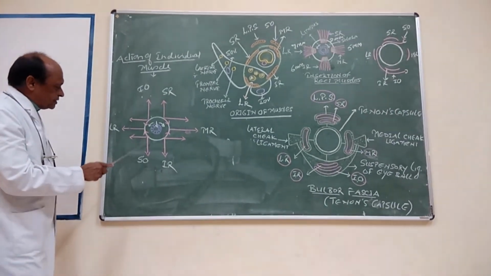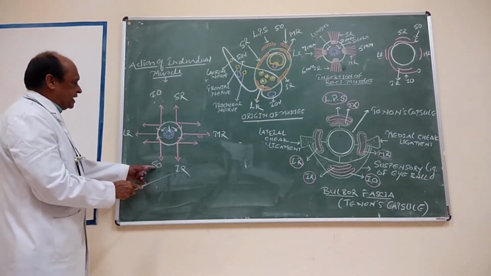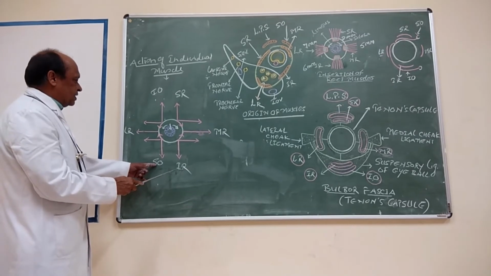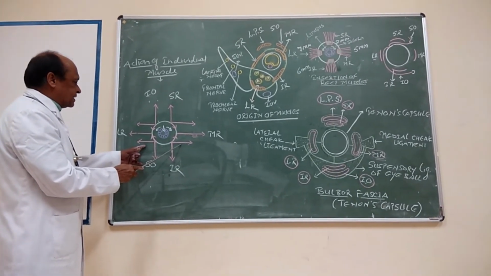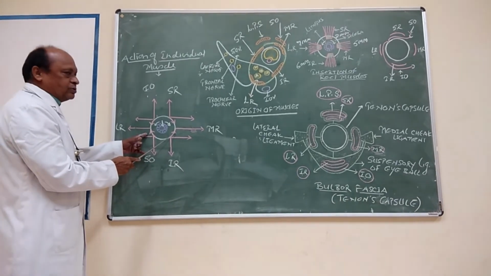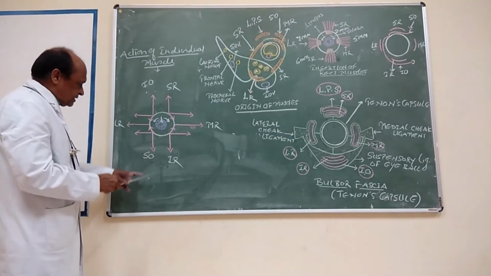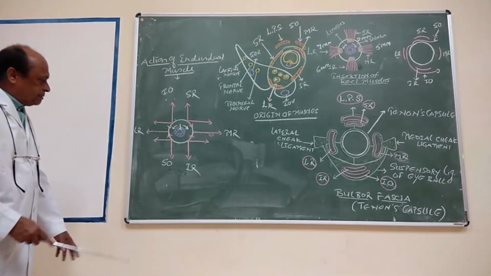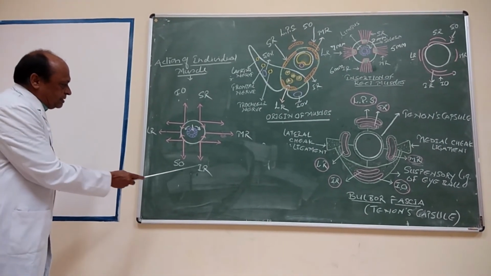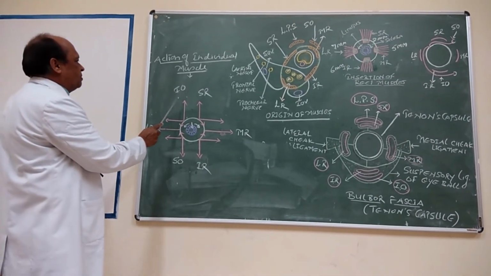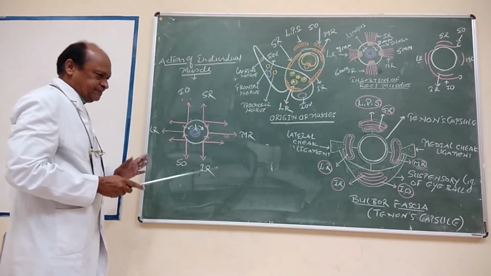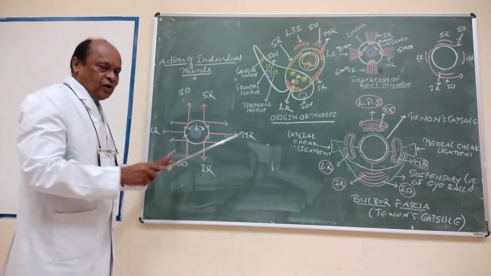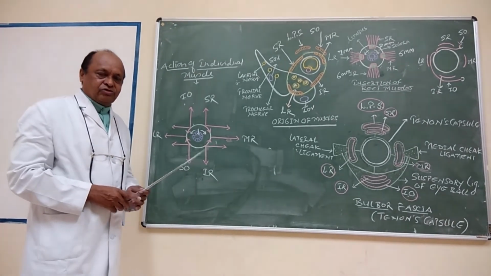Same is in case of downwards. These two muscles are responsible for downward movements because medial rotation and lateral rotation neutralize, in-turn and out-turn neutralize, and the pure movement is downwards. So the downward rotation is brought about by superior oblique and inferior rectus. Same is over here. Inferior oblique and superior rectus muscle are responsible for upward movement in the same way. So that is all about the eyeball. Thank you very much.